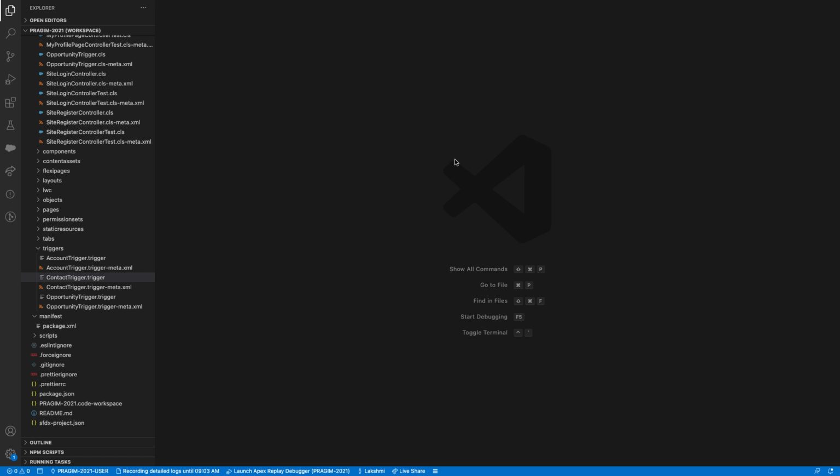In this session we'll be writing a trigger on the user object. As soon as I change my first name and last name, if it is a customer or a partner user, then the related contact should get updated when I update my username, first name and last name in my user object. Clear? To do that, first let me open my org,